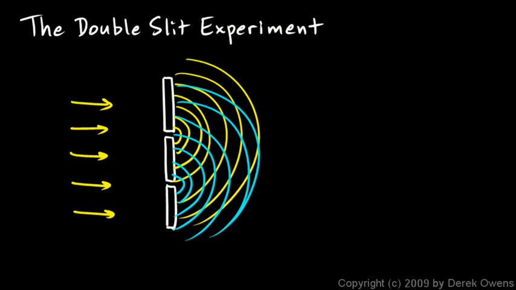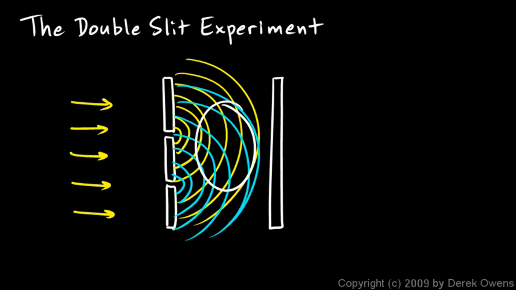And you got this interference pattern. Some places where the light waves are overlapping and you're getting constructive interference, the light waves adding up to a larger wave, and some places where you're getting destructive interference. And he had another wall over here, and the light would land on this wall, and where you would have places of constructive interference, it would produce a bright spot on the wall. And where you would have places of destructive interference, the crest of one wave coinciding with the trough of another, you would get a dark spot on the wall. But the point is, you would get this interference pattern, and you could see the results of it in light and dark areas landing on this other wall over here.